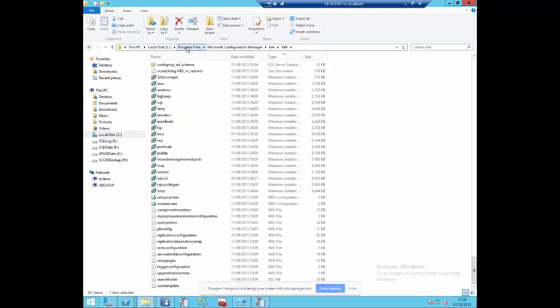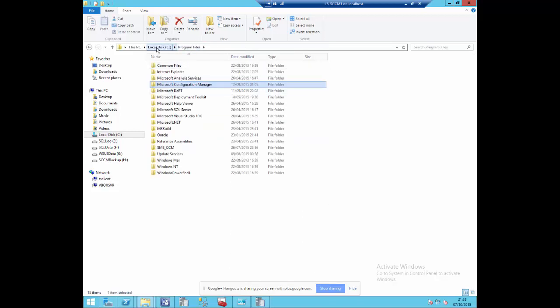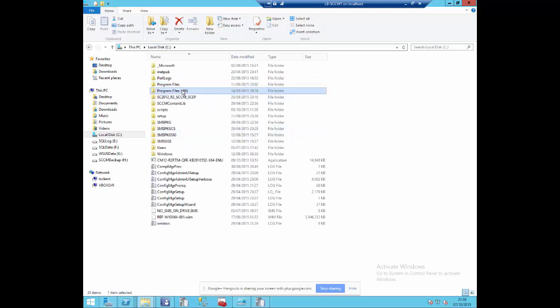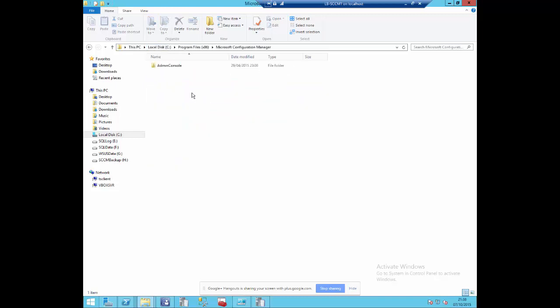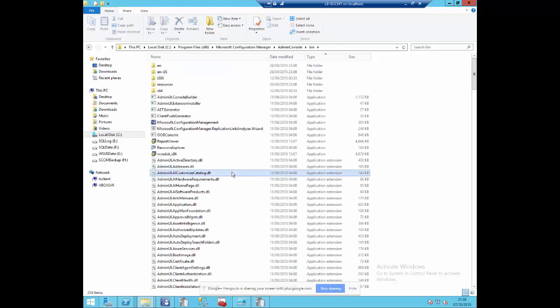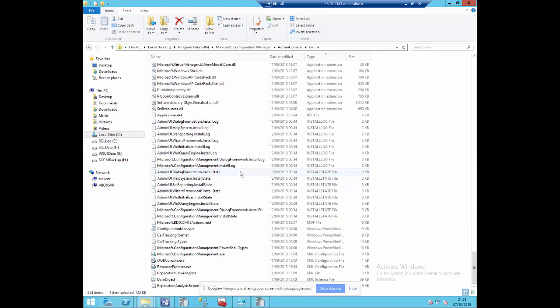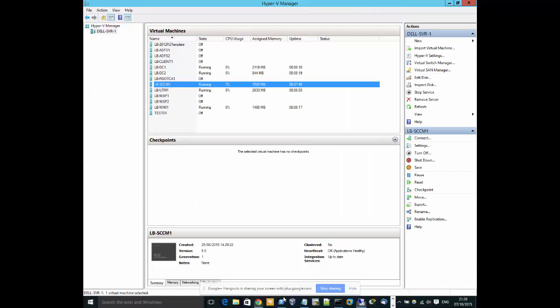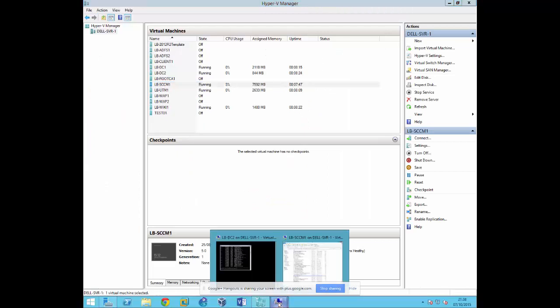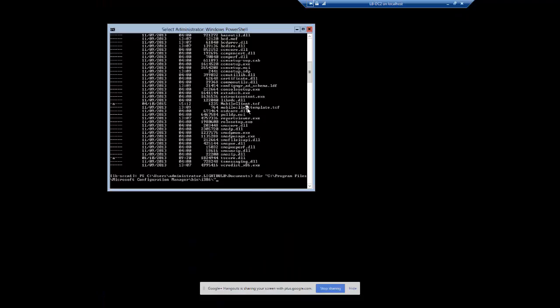Not under here, so maybe under Program Files x86 actually. Program Files x86, Configuration Manager, under Admin Console, under bin. Okay, yeah, I think it's under this location. And then, yeah, there we go, Configuration Manager. So even though I'm connected remotely to my Configuration Manager server, I can still admin using PowerShell until I actually